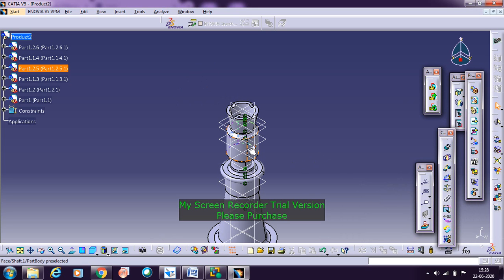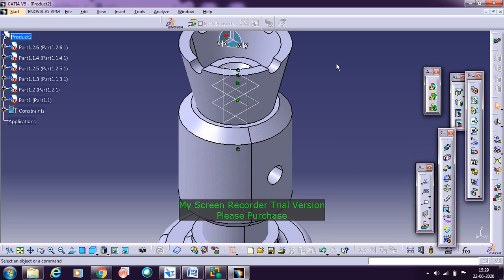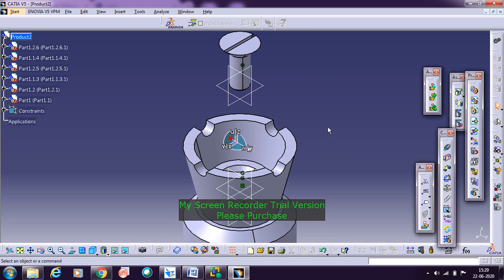Now in the same way it has gone inside, so you need to pull it outside using this compass. You can place the compass in such a way that the vertical line is in any manner. Now the vertical line is placed horizontally. With respect to this line, I'll select this line and then move it upwards. No need to worry about the particular location of the compass, you can place it in any manner and then do it.